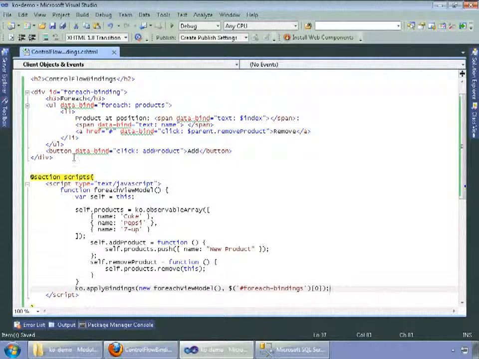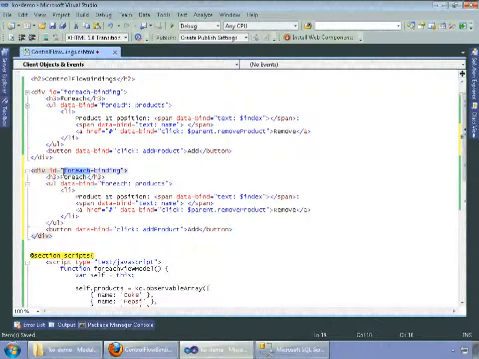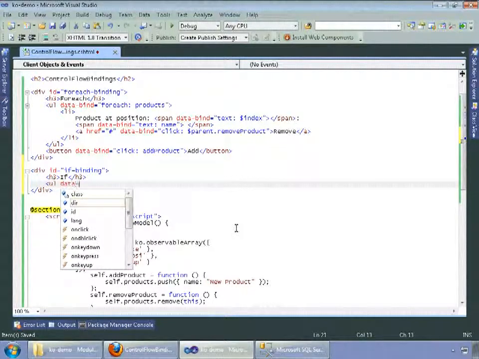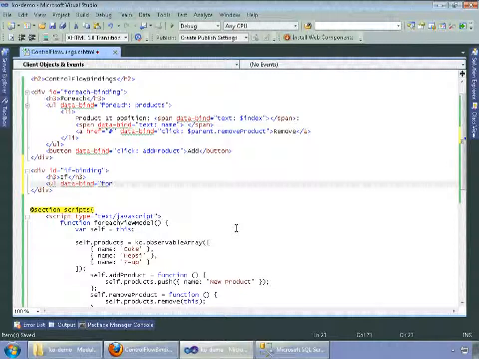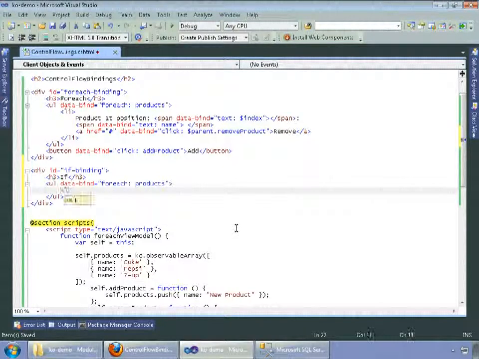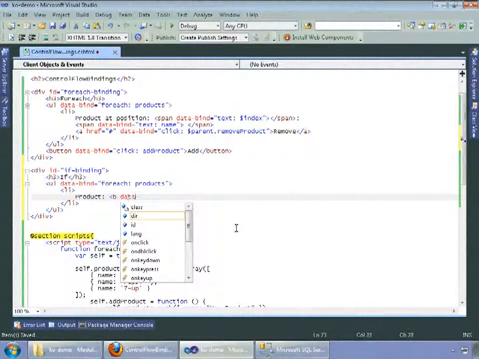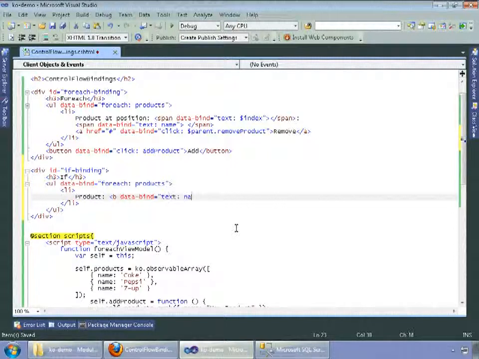Back in our control flow bindings view, let's go ahead and copy the previous section that we used for each, paste it, rename the ID to if-binding, name the title if, and go ahead and delete all of the HTML code that's there, and type UL, data-bind, foreach products, do an li, product, b data-bind equals text name,